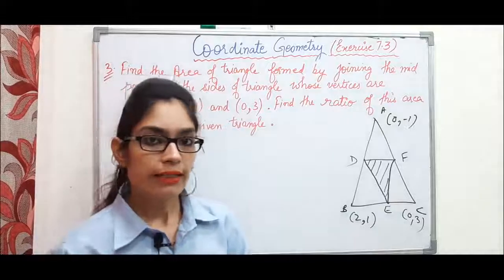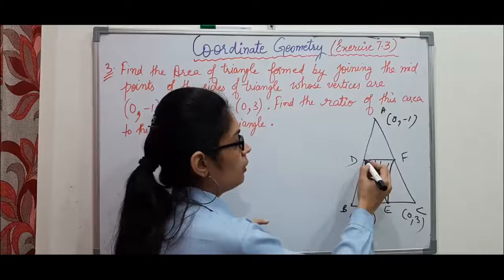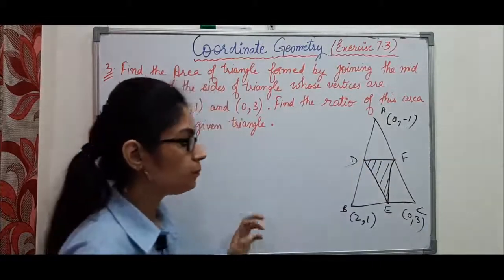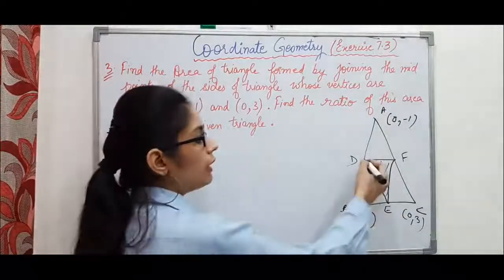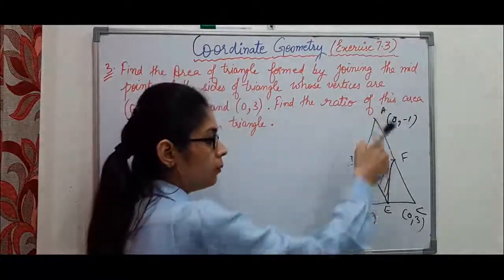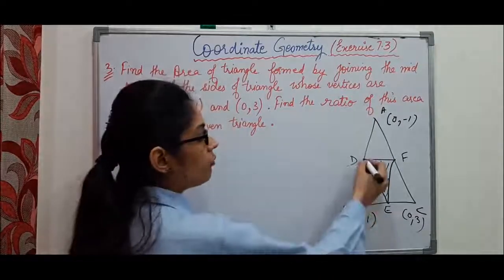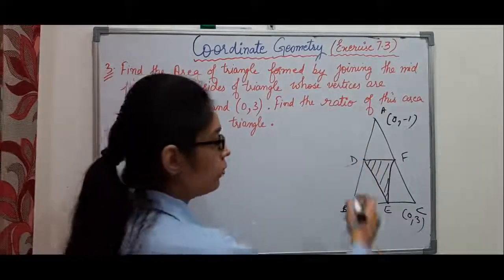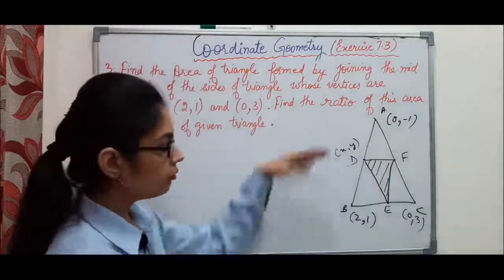But in order to find the area of this triangle, we should have the coordinates of the vertices. For example, we should have the coordinates of point D, point E and point F. So here we'll use section formula, because in the previous exercise we have already learned whenever this point is the midpoint of this line, so directly we can find its coordinates by applying this formula. For example, if the coordinates of D are x and y and point D is midpoint of this line,